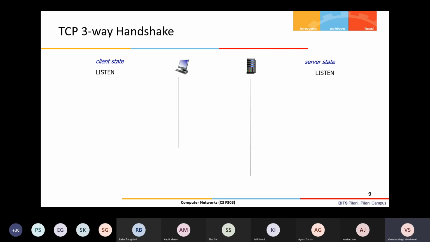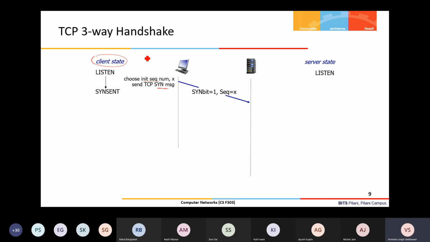This is called the popular TCP three-way handshake process. So what are these three messages in terms of TCP? Very first, suppose this is a client and this is a server. Initially the client creates a socket, attaches that socket to a port, and then sends an initial random sequence number X with the TCP SYN message.